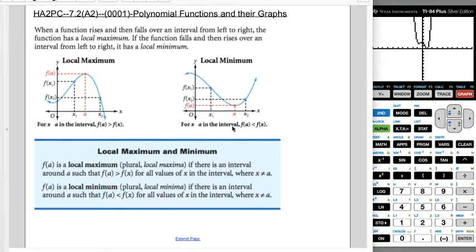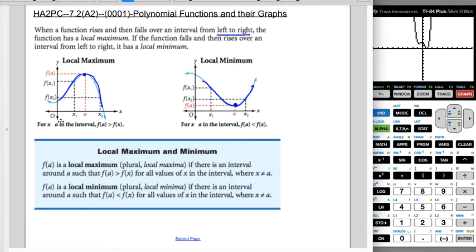So when a function rises and falls over an interval from left to right, the function has what's called a local maximum. So let's see how this function is rising here, right? And then at this moment it starts falling, because we always read from left to right, okay? That's called a local maximum, okay? When a function is falling first and then starts rising, that point that we have is called a local minimum,